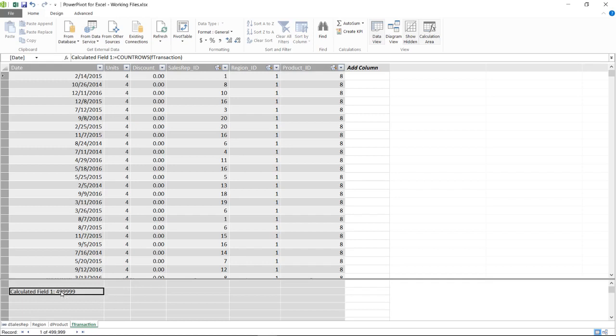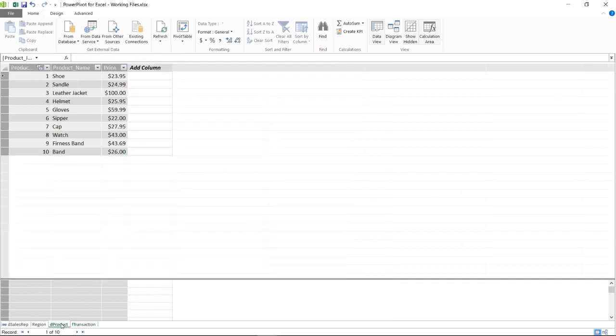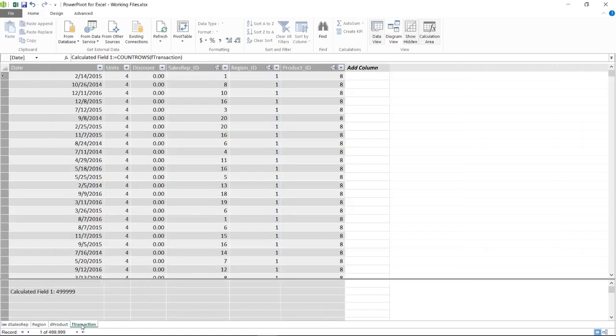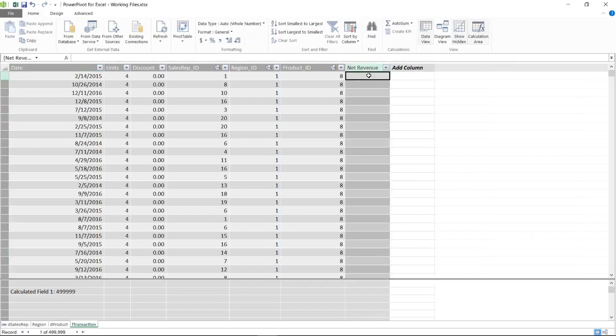Now let's check the same thing with a columnar formula. As of now we have unit discount, and in product we know the price. Now we will see how we can link. Before that, I will name the column net revenue. Net revenue, I will say, and let's round it to